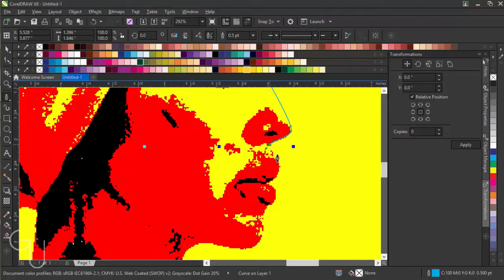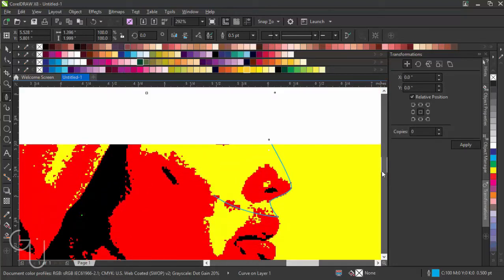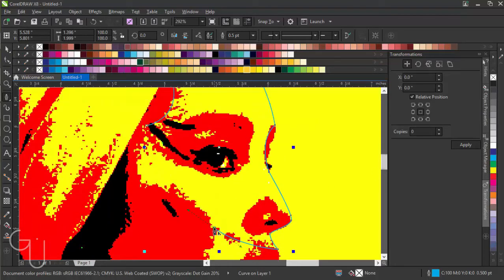So just try to use your sense, use discretion for this one. You just know that okay, the nose, this is where it starts, this is where it ends. Vector is not all about copying and tracing. No, that's not what vector is about. So yes, for this one I'm just trying to